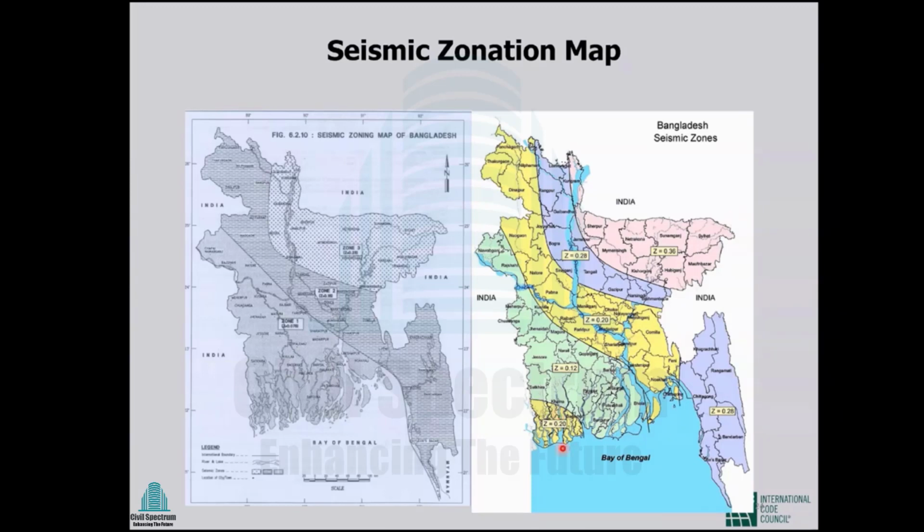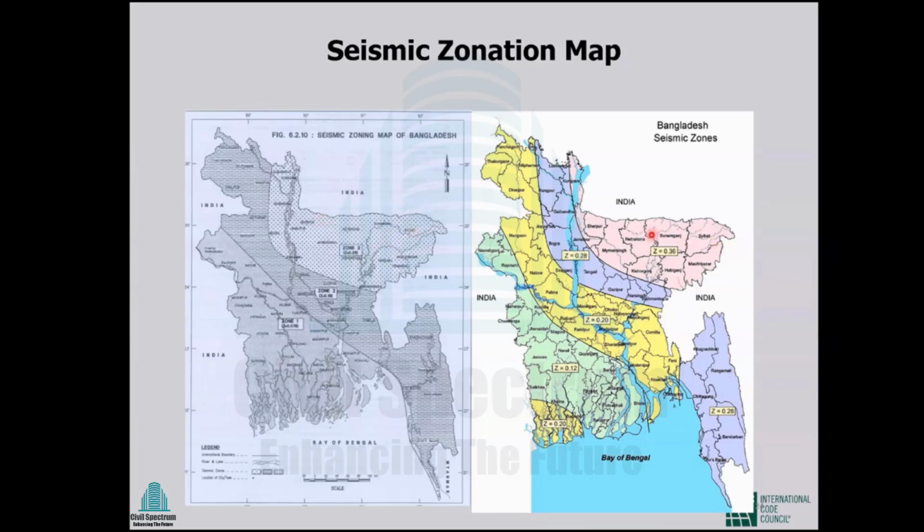Now, the second question is, what about the zone coefficients? In the earlier version, the zone coefficients were much smaller. This time, this is much higher. Like in case of these, this is 0.36, 36% of gravitational acceleration. It seems quite high. Why is it so? Does it mean the earthquake load that we used to calculate with the previous version will be much higher? Now, the first answer is no. It will not be proportionally higher.